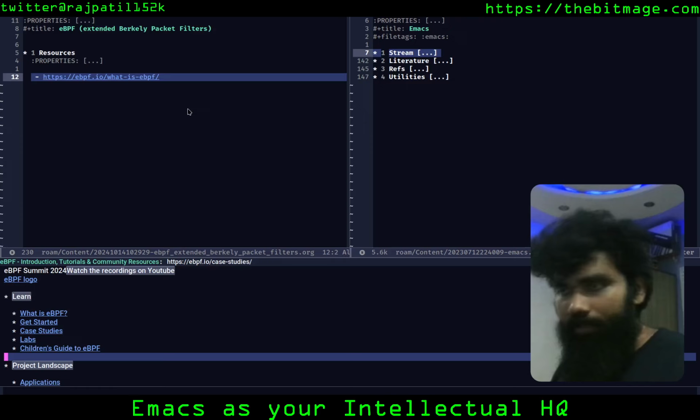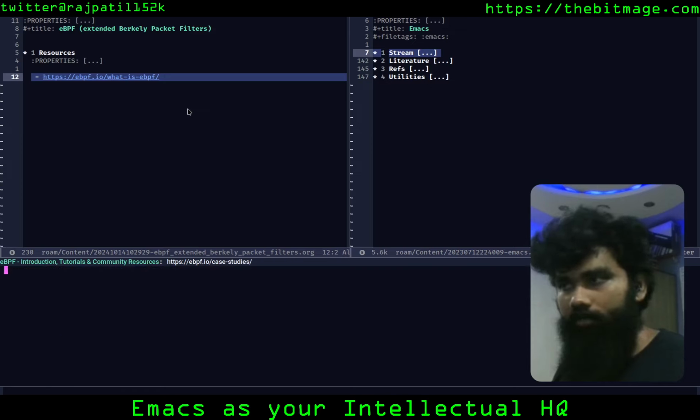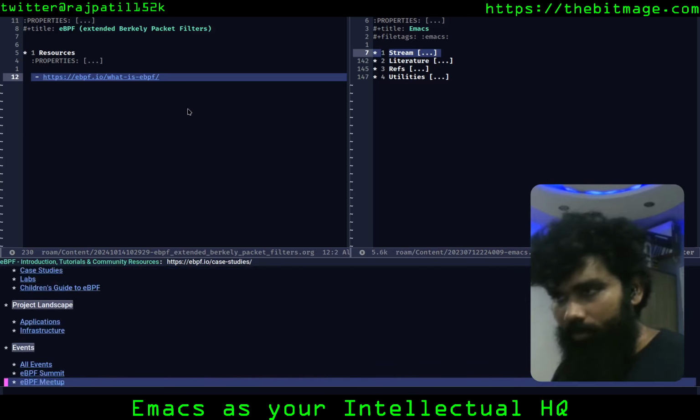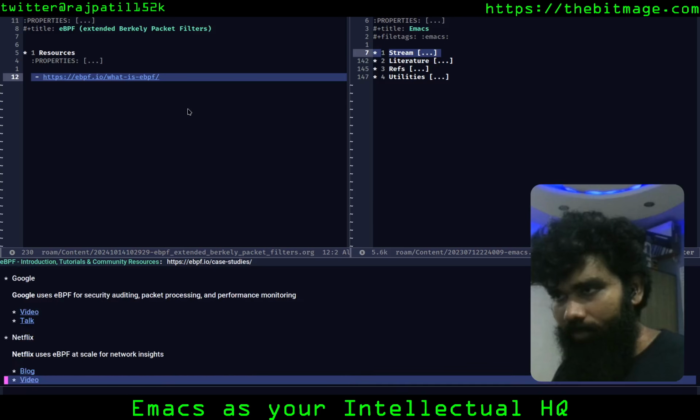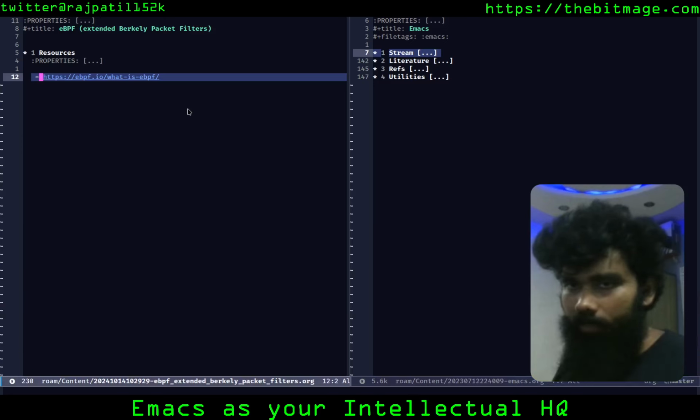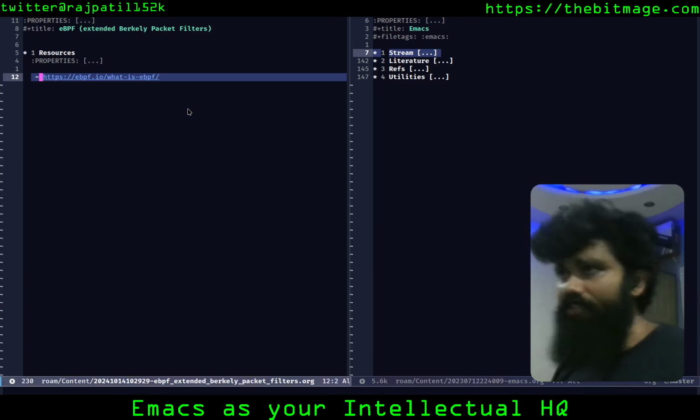Again, we're there. If we hit R, it's going to take me to the reading mode right away, so it's going to take me to the text right away. I'm going to hit R. There's nothing reading like that, so it's like the web page is messed up. But anyway, there is something out here. I'm going to hit Q and get out of this. So there's the browser stuff.